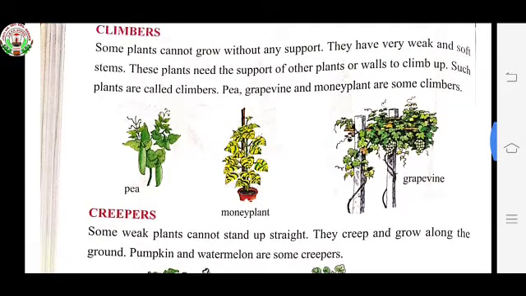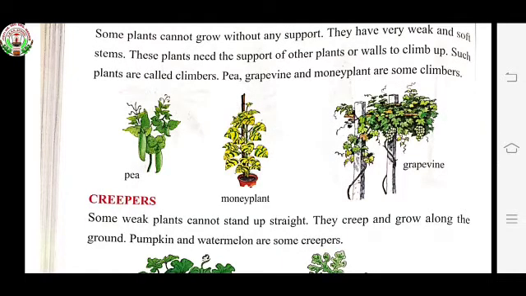These plants need the support of wall or some sticks to climb up. See, some examples are given in the picture. Pea, grapevine and money plant are some climbers. See, in most of the houses they have money plants. So you have already seen that money plants are an example of climbers. They need the support of wall or some sticks to grow.